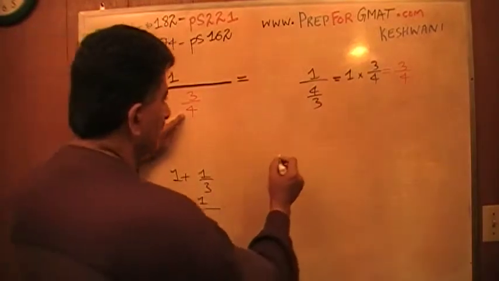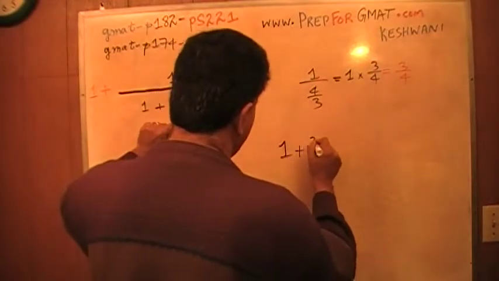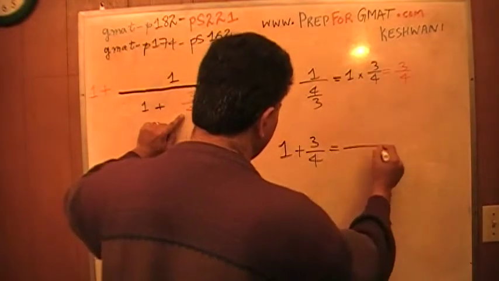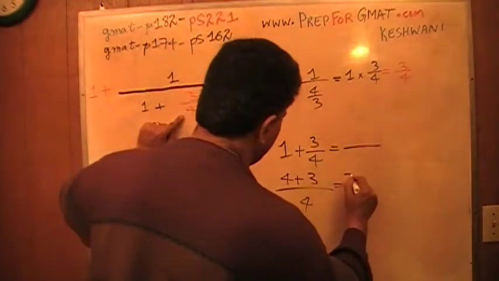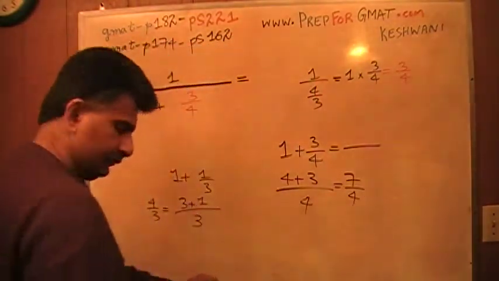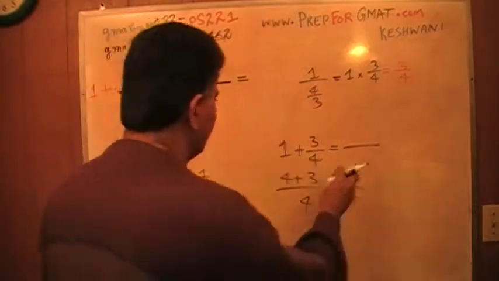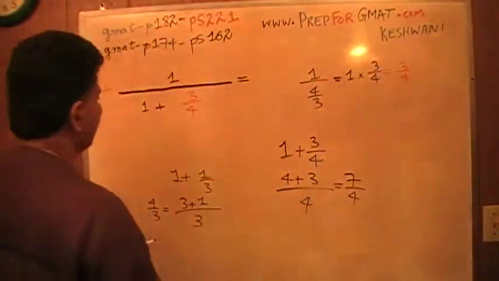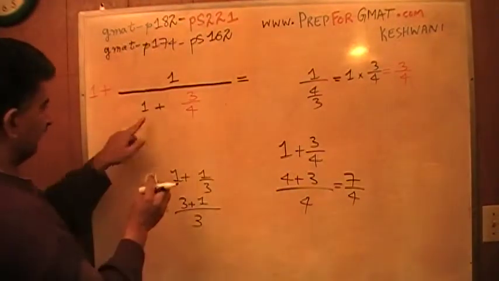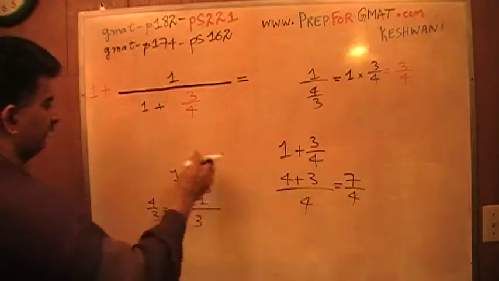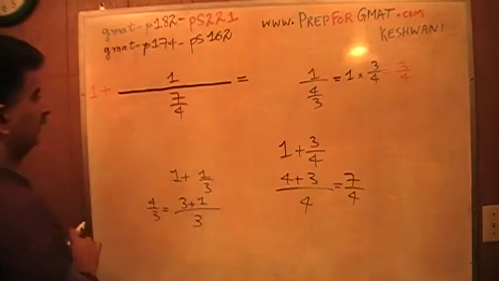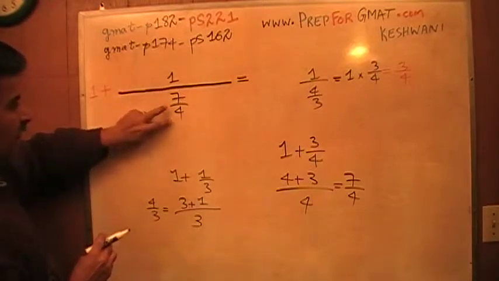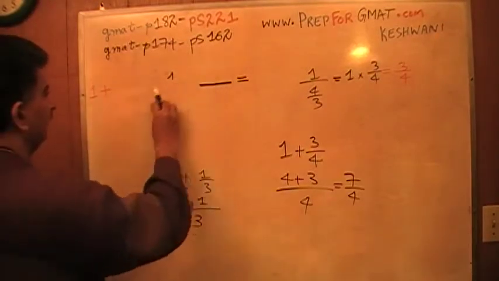1 plus 3/4. 1 plus 3/4 is simply, if you take the common denominator of 4, that's 4 plus 3 is 7/4. So that becomes 7/4. So I'm going to replace this thing. 1 plus 3/4 that I just figured out here is 7/4. I'm going to put it here, 7/4. And of course 1 over 7/4 becomes 4 over 7. So I can replace this with